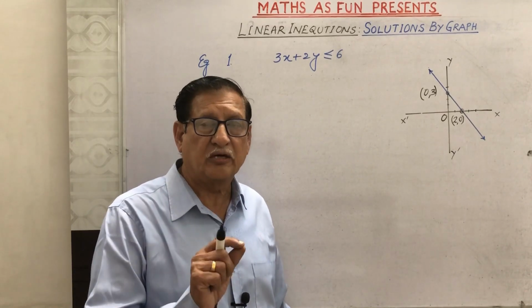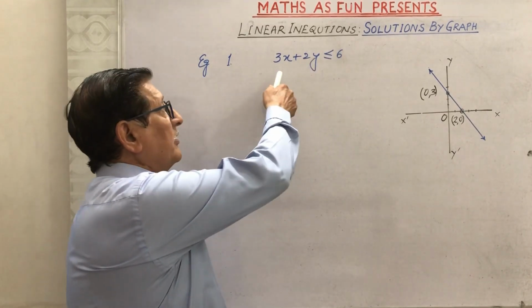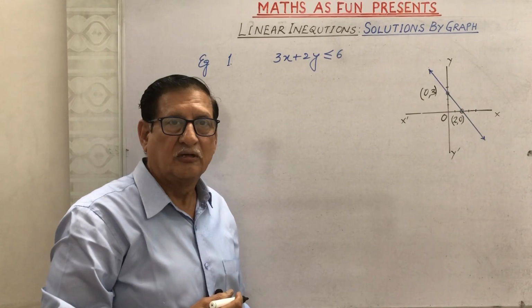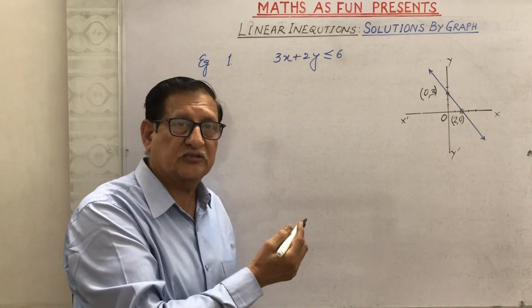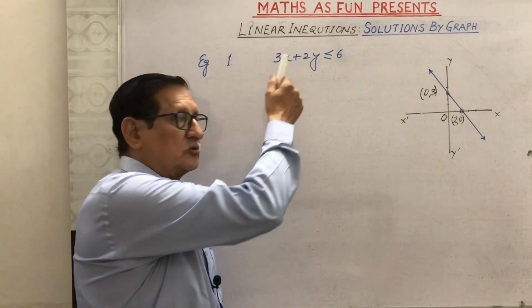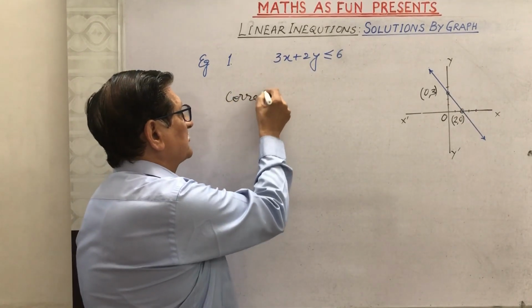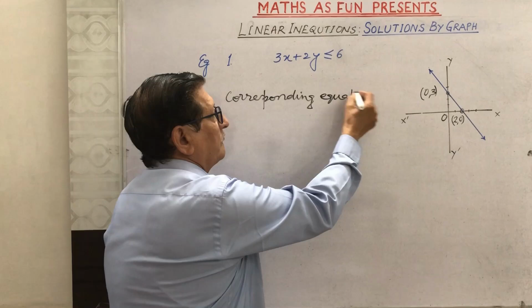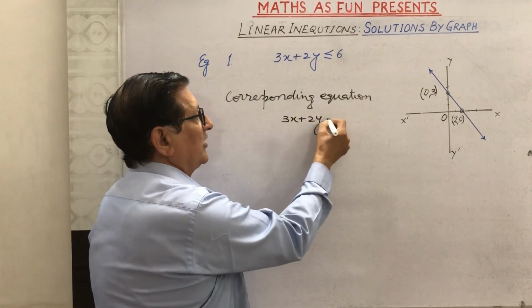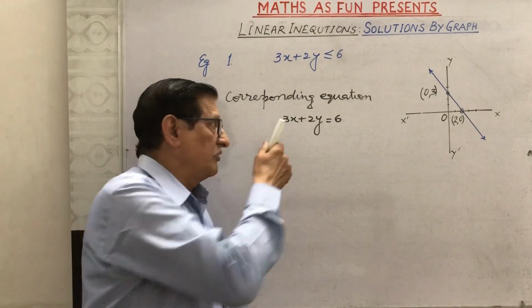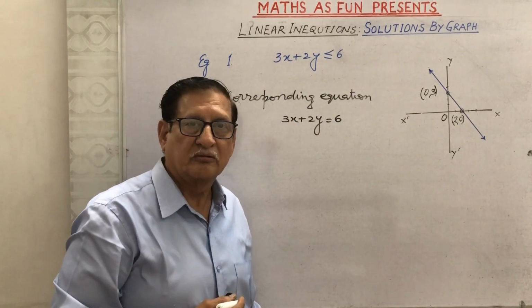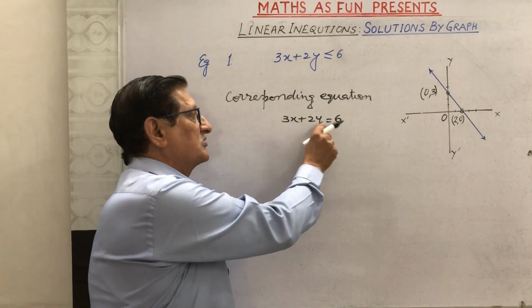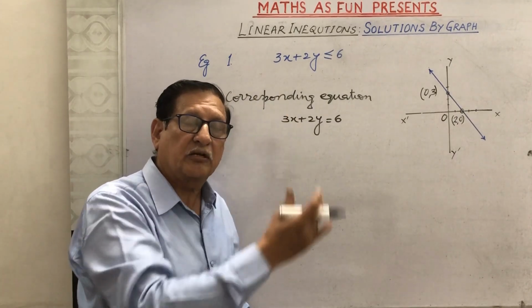We discuss now one example, and we have an inequality that is 3x plus 2y less than or equal to 6. To find the graphical solution of this, first we will take the corresponding equation to this inequality, that is 3x plus 2y is equal to 6. Then we have to draw the line for this equation. That can be done in two methods, either by taking some points which satisfy this line and joining them,